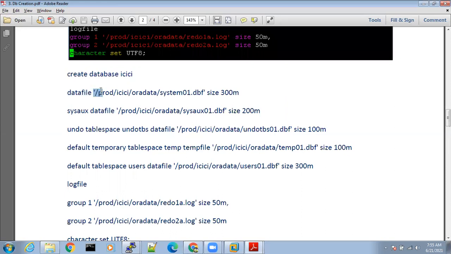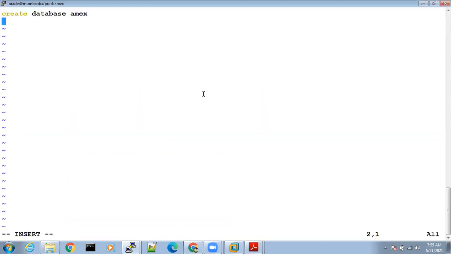Okay. Data file path, size of the data file 300M. Sysaux data file path, size 200M. You have to type this. Okay.